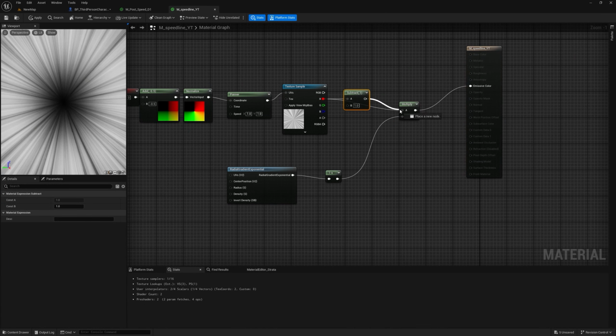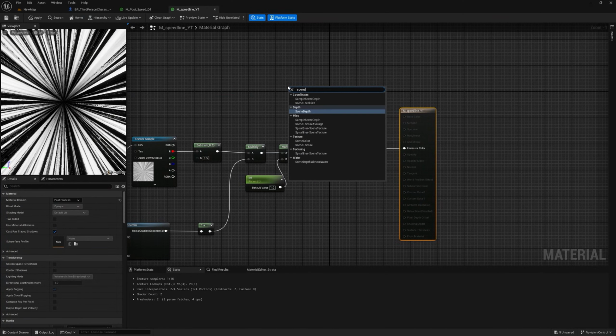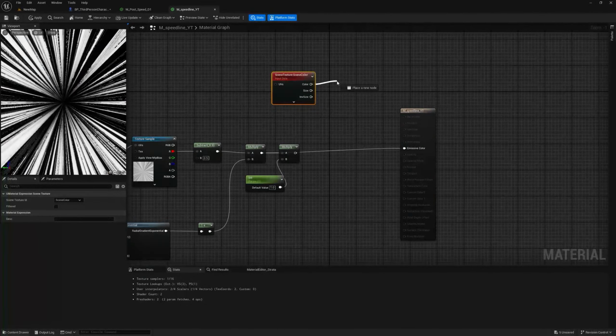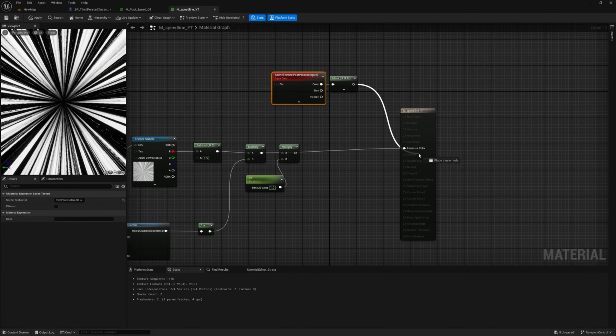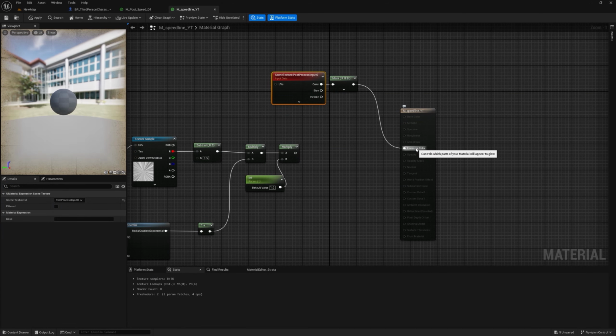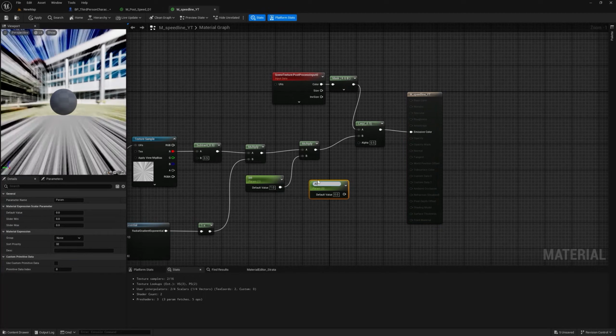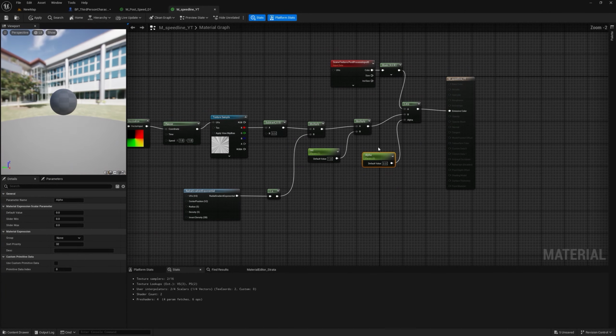Then we can get a multiply again and we can get a scalar parameter and call this intensity. And I will set this to 1. Now here type in scene texture, then get a mask and tick B also. Since this has 4 channels, alpha, we don't really want that. And here we can set this to like post process input 0. If I connect this, this is our normal color like this. And I can get a lerp and connect this here and connect this here and connect this to the emissive color. And now if I just get a scalar parameter and call this alpha and connect this here,